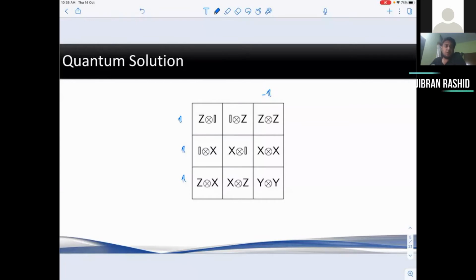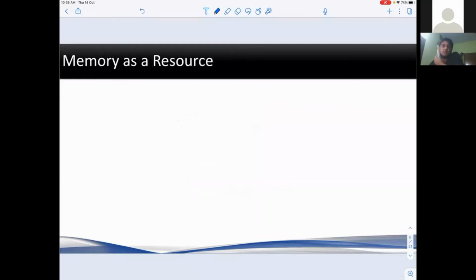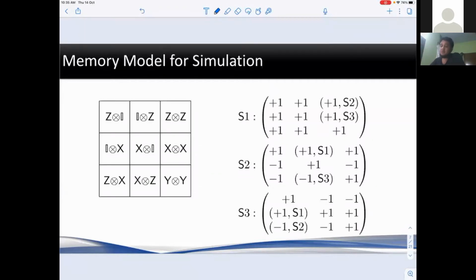just like non-locality can be considered as being classically simulated if you allowed communication between the parties, what would be the corresponding resource that allows for simulation of these correlations in the classical case? And what we end up showing, well, other people already showed, is that you can use classical memory as a resource. You can treat the classical memory as what you would have initially thought of as hidden variables. And Kleinmann et al. proposed this model where you want to treat